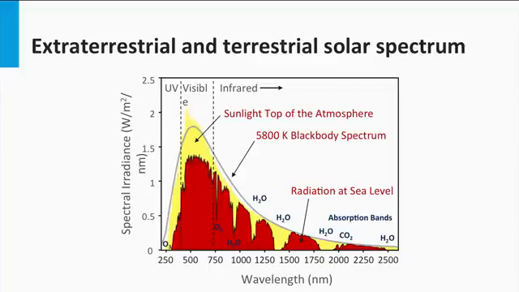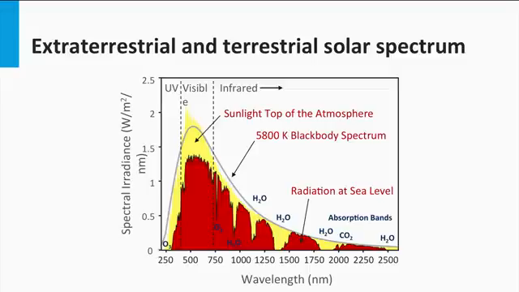The UV part of the spectrum is absorbed by ozone in the atmosphere. In the infrared, oxygen, water and carbon dioxide absorb light. They take big bites out of the spectrum. It means that the total power density arriving at the surface depends on the absorption path length of the light